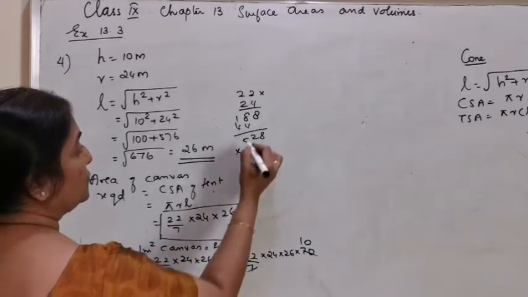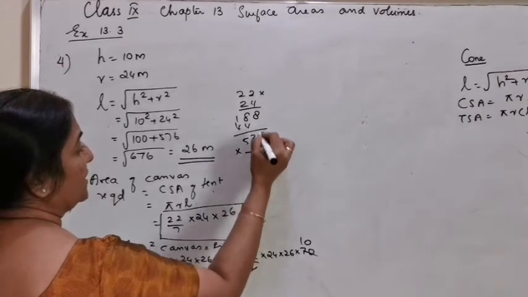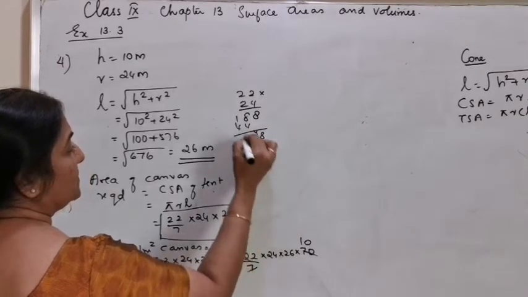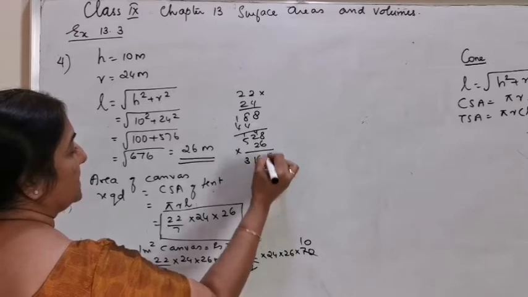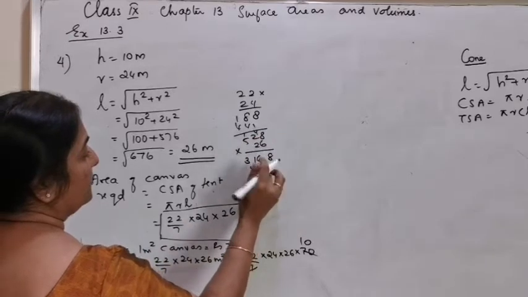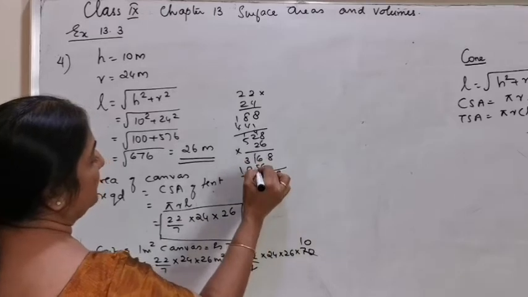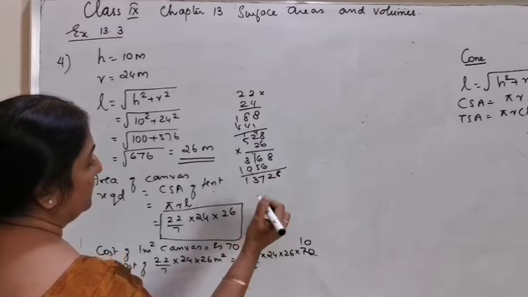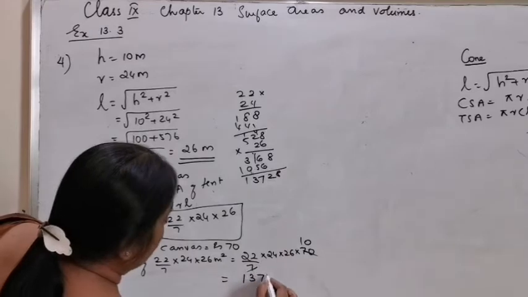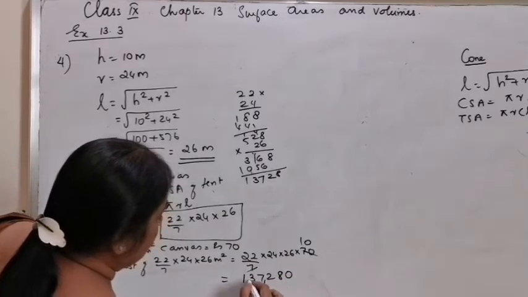528 into 26. 48. 12 plus 4, 16. 8 2s are 16. 5 2s are 10. 8, 12. 5, 6, 7, 3, 1. And 7 to 8, 0. That means